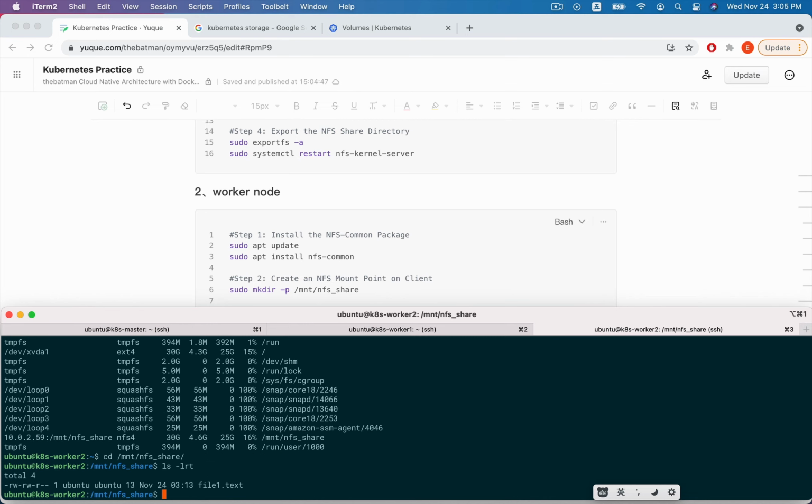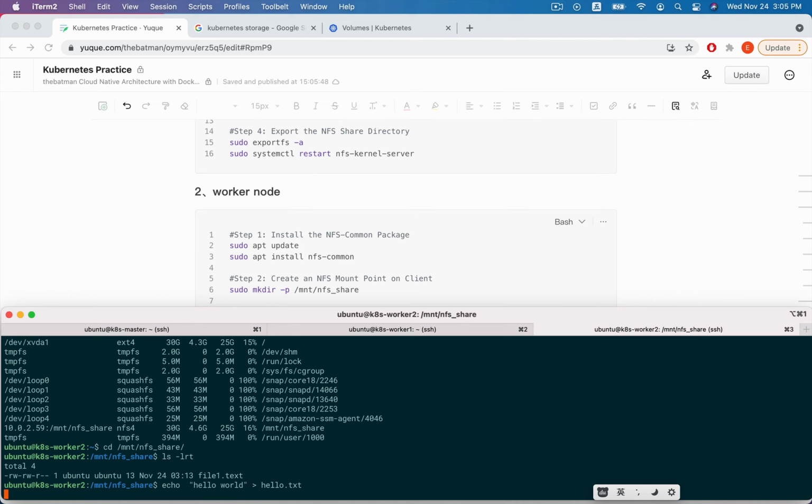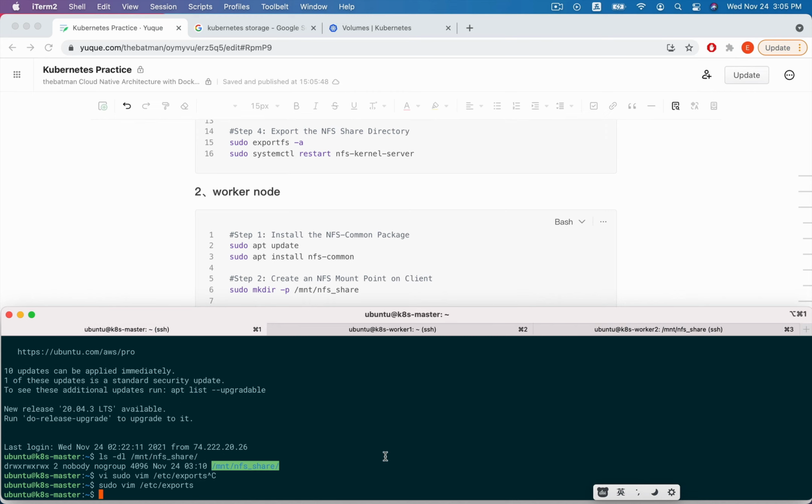Here we just echo hello world to hello.txt, and we can check what will happen in the master node and the worker one node. So in the master node, we change to the directory.